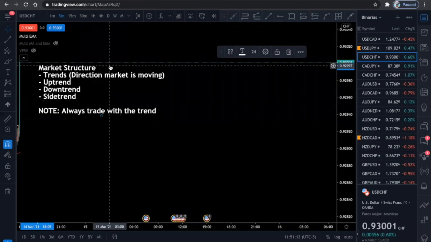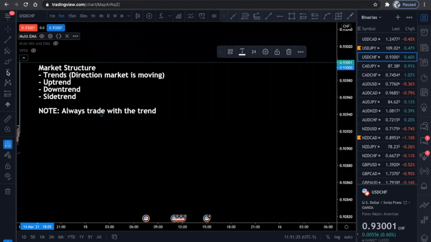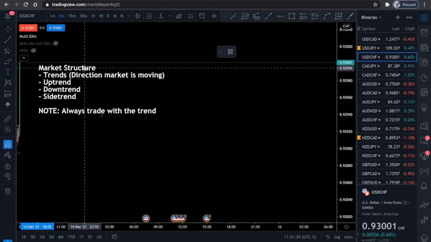Okay, this is very important, guys. You'd never want to trade in the other direction than the market is going. You're going to go with the trend. That's why I always say the trend is your friend. Okay, so once you have your market structure decided, once you know if you're going into an uptrend, downtrend, or